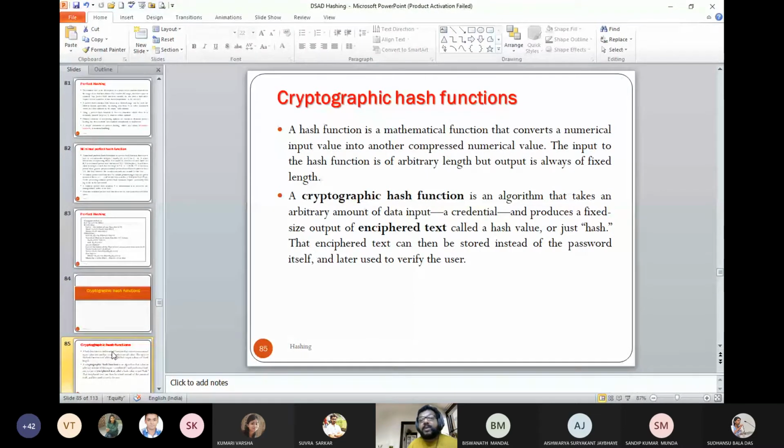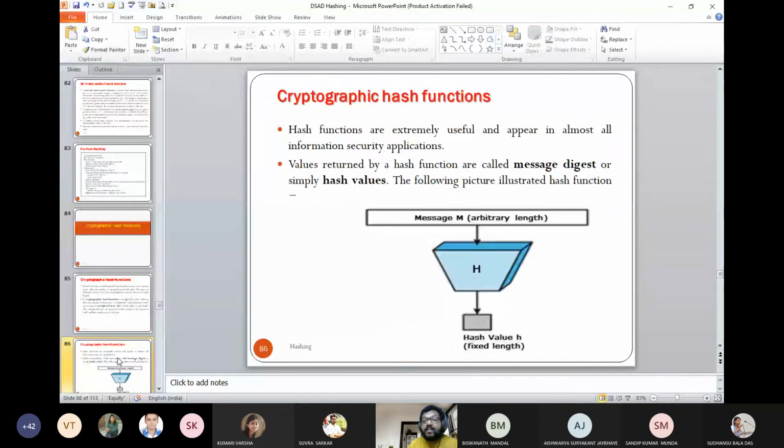The name cryptographic is borrowed because the cryptographic idea has been taken. I think these are very simple terms when we talk about ciphertext and plain text. The algorithm is going to translate from plain text to ciphertext, and depending on the capability, the reverse is very difficult. You cannot go back from the ciphertext to the plain text. So this is the simple definition of the cryptographic hash function.